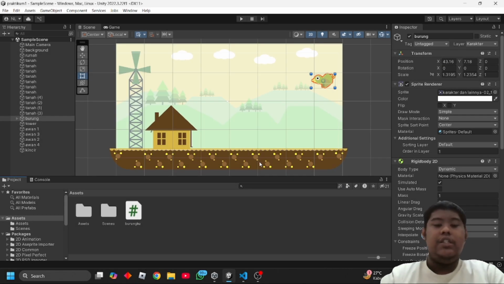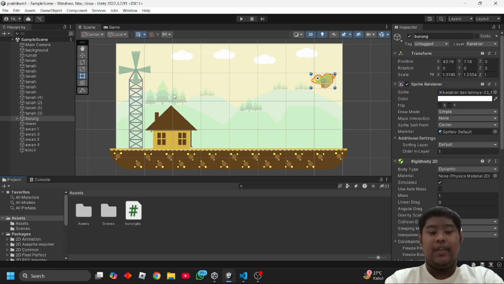Okay, part 3: Unity scene appearance and object naming. After completing the script and setting up the scene, I arrange all visual elements neatly in Unity. At the bottom, I place ground tiles side by side to form a platform. On the left side, I add the house, a tower, and a windmill for decoration. Several clouds were placed above, and a background image with mountains and trees was added for a natural look.